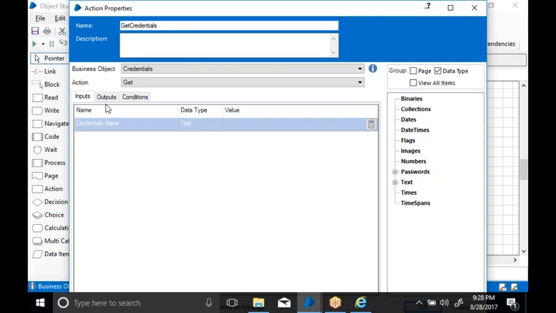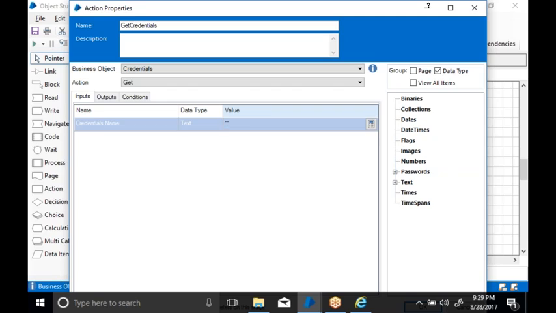What is required now? You are saying, I want to get the credential. What credential? You can store n number of application credentials under a credential manager. For each and every credential you have given a name. For my credential I gave the name BP travel underscore credential. It is asking for an input, and you will have an input and output. The input is the credential name, whatever you have created under the credential manager. Now double quotations and give the name.